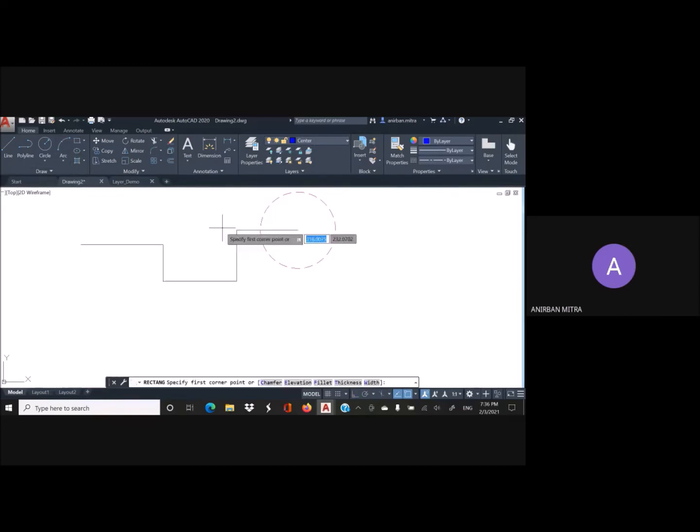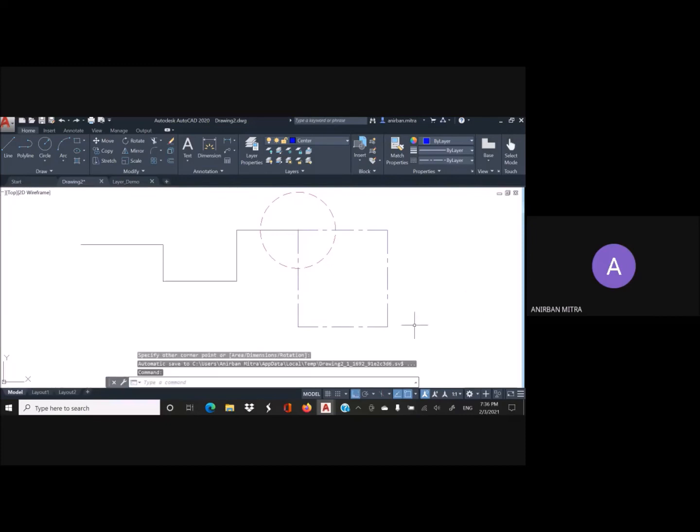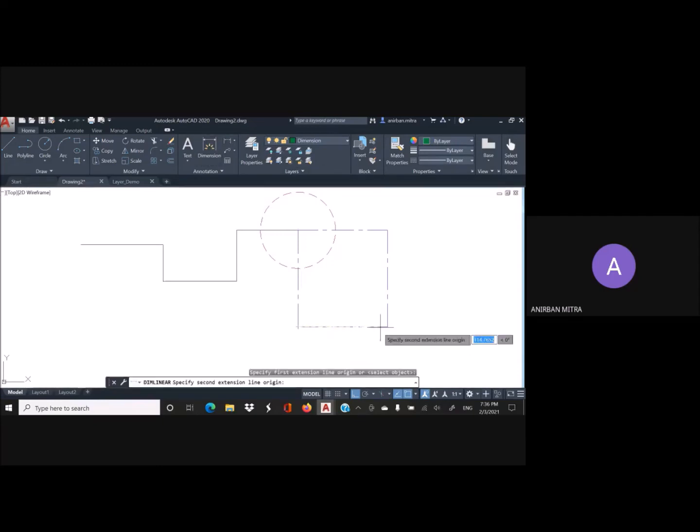So go to this rectangle command, draw a rectangle, and you can see that it is drawn in the center layer. I'll show again. Go here, go to dimension, and if I put a dimension here, now that is in dimension. Now suppose I have made a mistake and put this circle in hidden layer, whereas it is supposed to be correctly in the object layer.